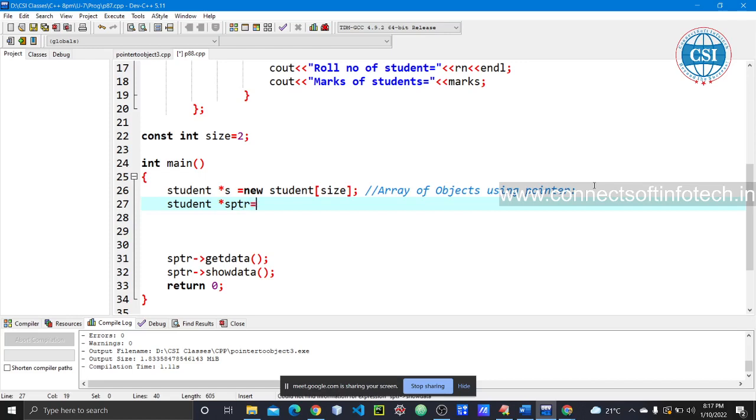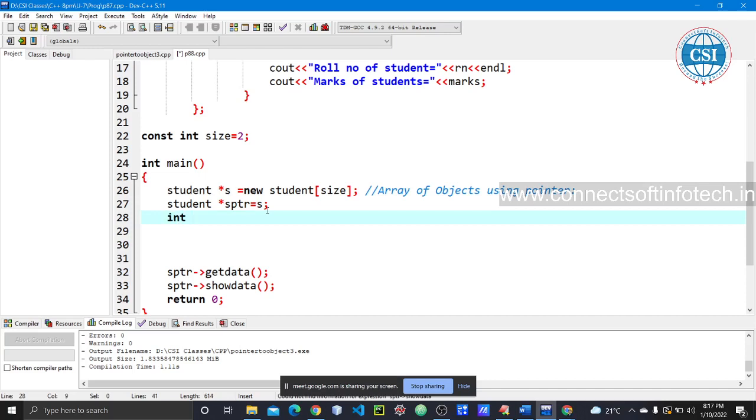Is equal to s. We are storing the address of s in the pointer, since an asterisk variable stores the address of another variable. So s is assigned to the pointer asterisk sptr now.